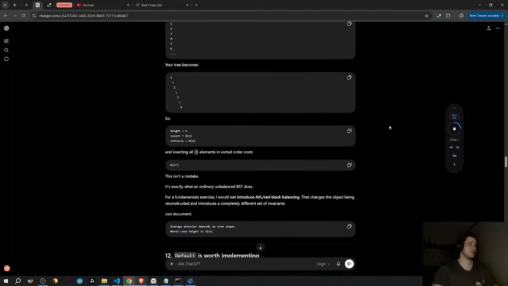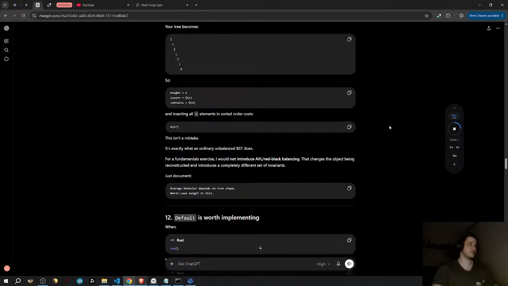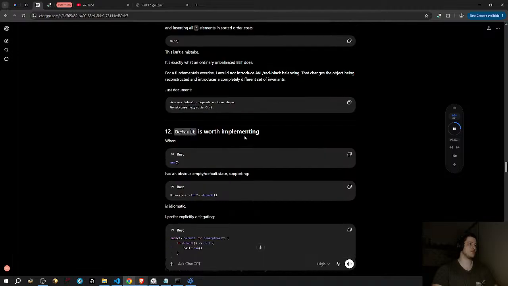Five, the insertion algorithm itself is good. This part is one of the strongest pieces. let mut cur = &mut self.root; while let Some(node) = cur { if element < node.element { cur = &mut node.left } else { cur = &mut node.right } } *cur = Some(Box::new(Node { element, left: None, right: None })). It's a nice example of mutable